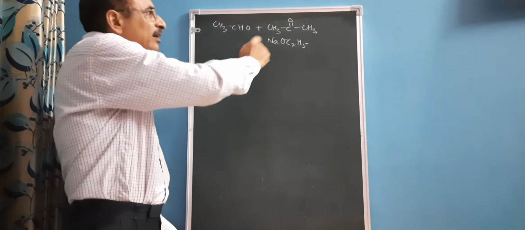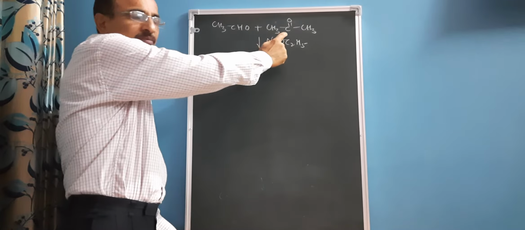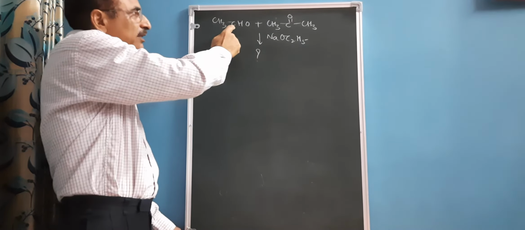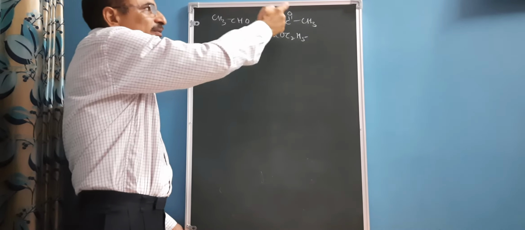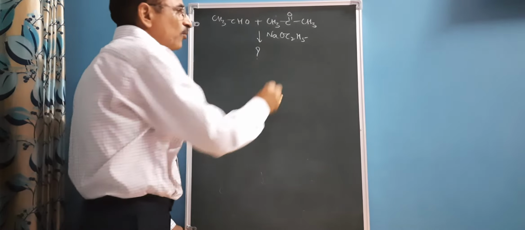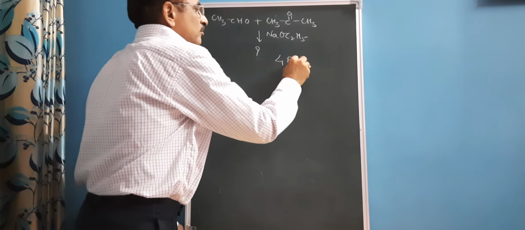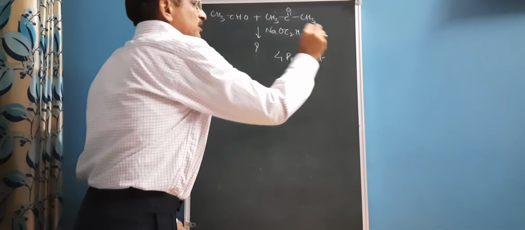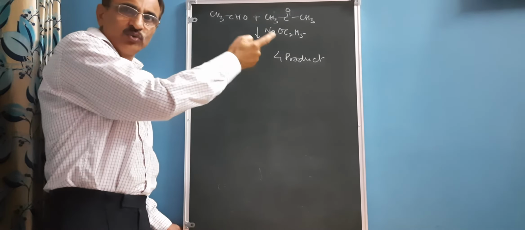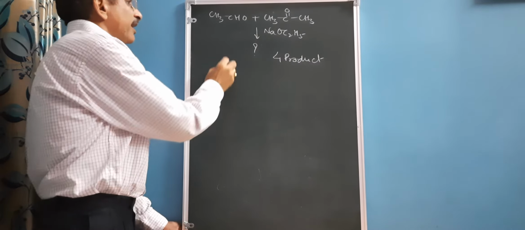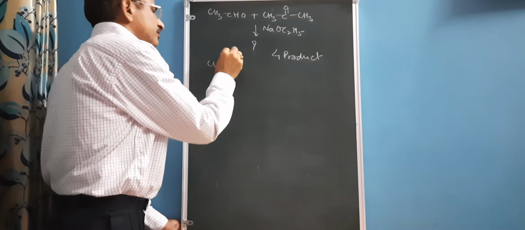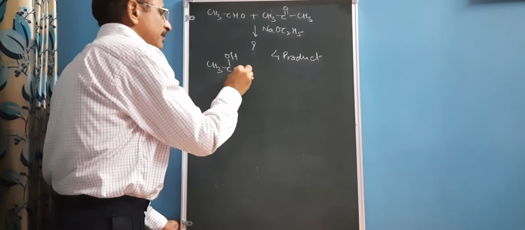In the same way, a carbanion will be formed with the help of this ketone, and that one will approach the carbonyl carbon of the aldehyde as well as the ketone. Therefore, in this case, formation of 4 products will take place: a mixture of 2 aldol and 2 ketol products. These products are summarized here.